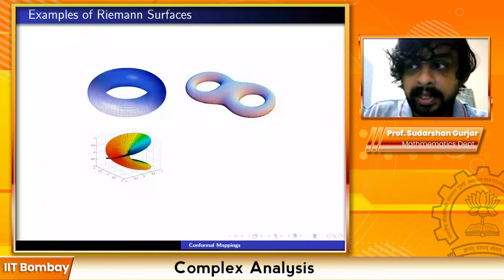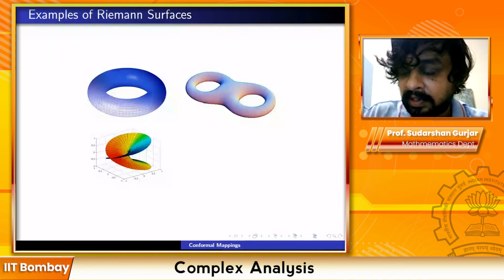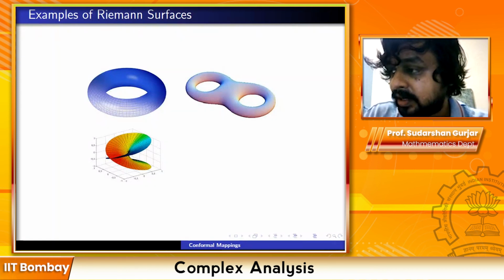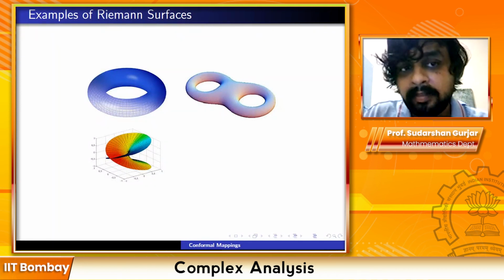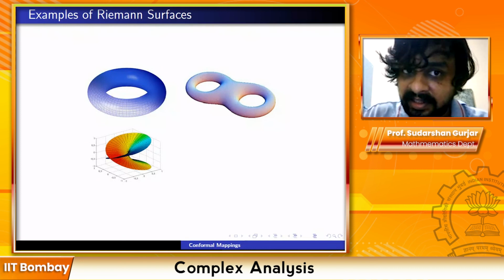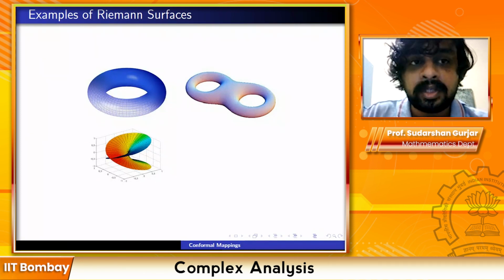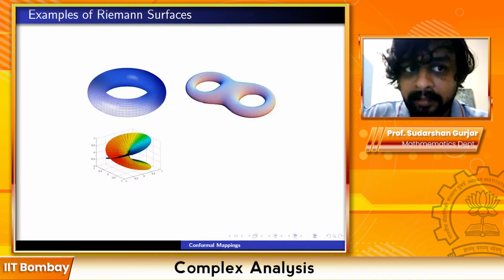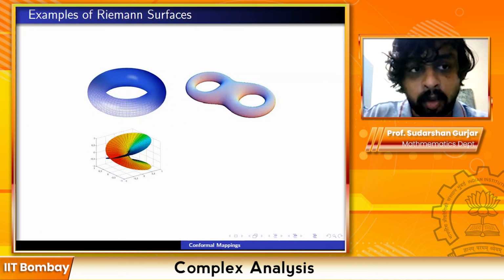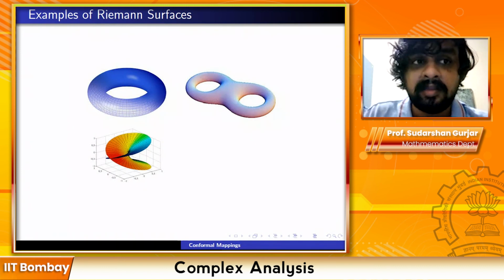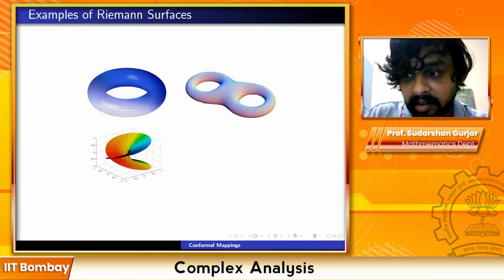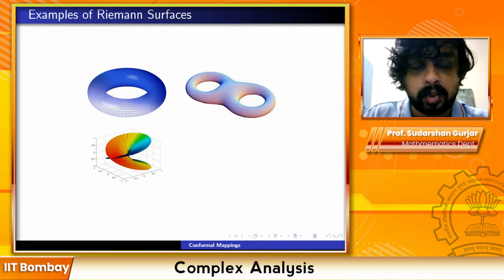But since one wants to do complex analysis, one is not only interested in embedding it topologically, you also want the embeddings to be holomorphic, and then that's a more complicated story. It does not help you to only embed it as a topological surface sitting inside R3, because it doesn't allow you to do complex analysis. So to do complex analysis, you want to embed it inside CN or complex projective space and so on.